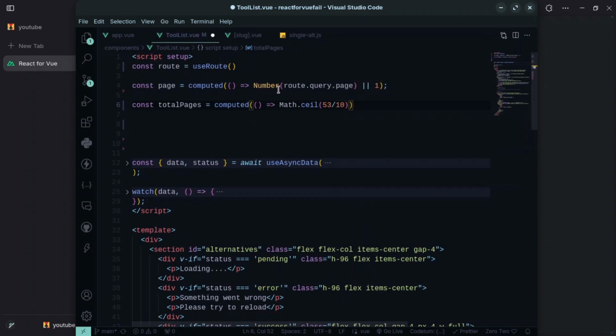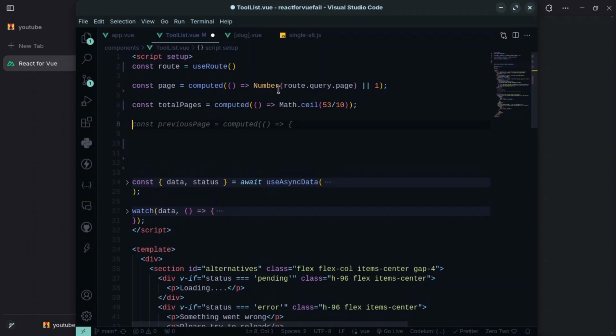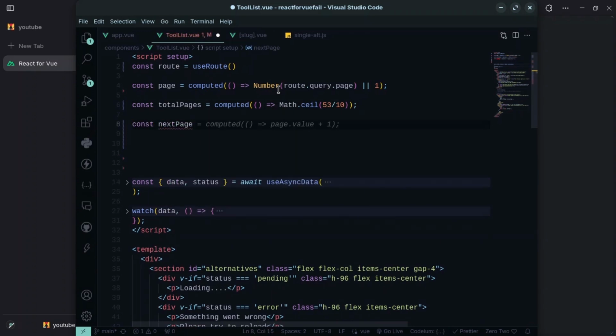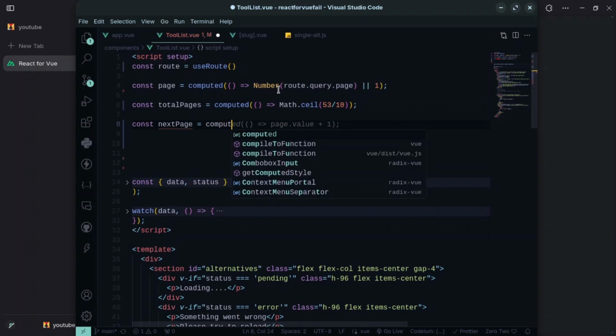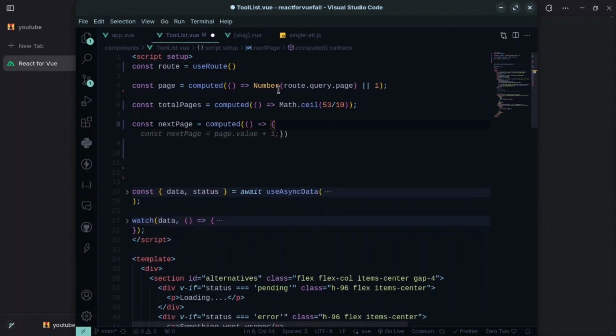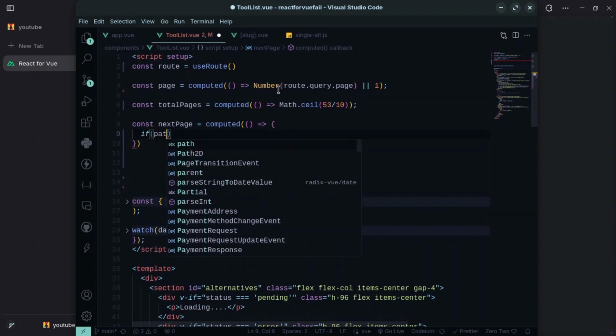So now that we have that out of the way, the next thing we want to do is create a function to go to the next page. So we're going to do const nextPage. This is also going to be a computed function, equals computed. But for this one, I'm going to have to create an if statement. So if page